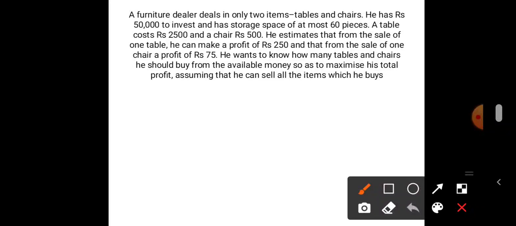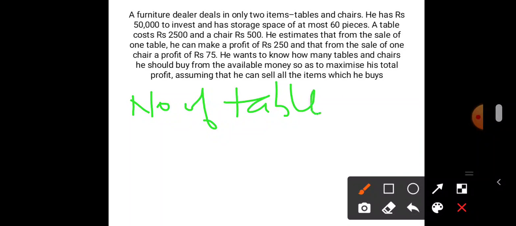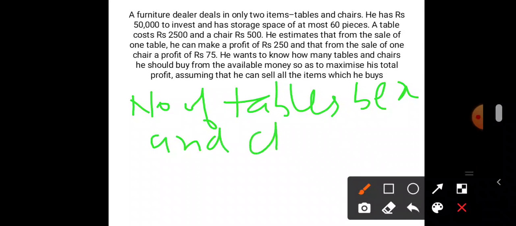Let him buy x tables and y chairs. If he buys x tables and y chairs, then